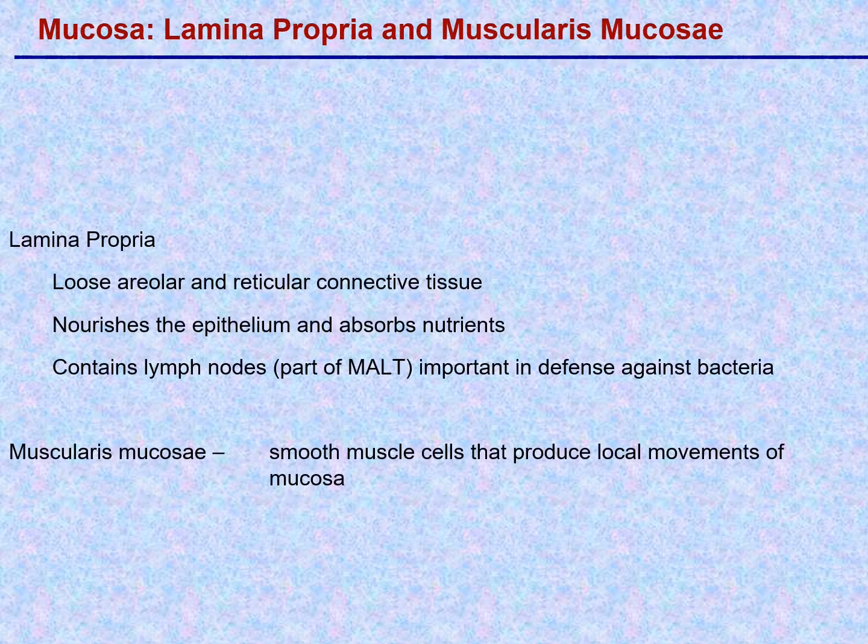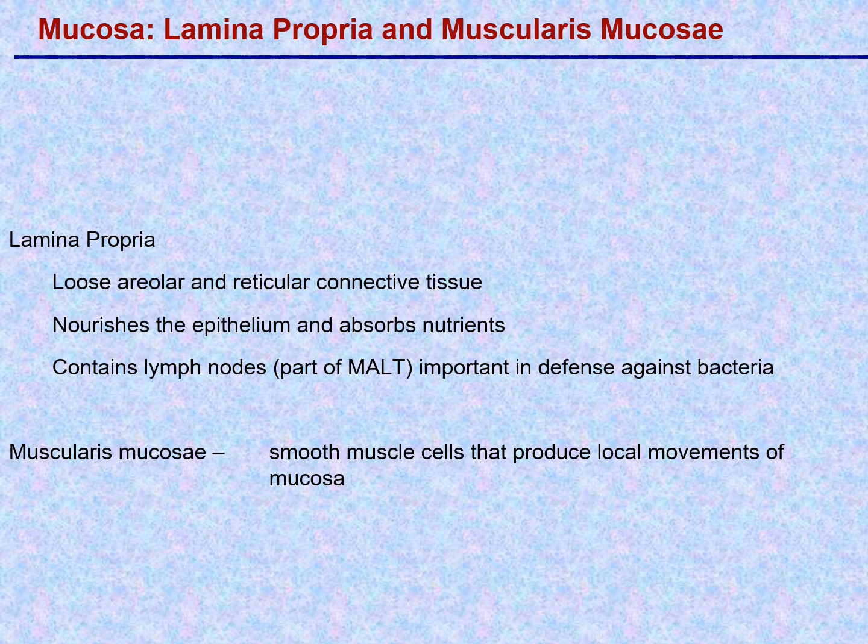Okay, beneath the epithelium, that simple columnar epithelium, is a region called the lamina propria, which is made up of connective tissue. So there's a lot of strands of material secreted by connective tissue type cells that helps hold things together. There's blood vessels also, and some lymph nodes, part of the mucosal associated lymphoid tissue or MALT tissue, and helps defend against any invasive bacteria that might try to get in through the wall of the